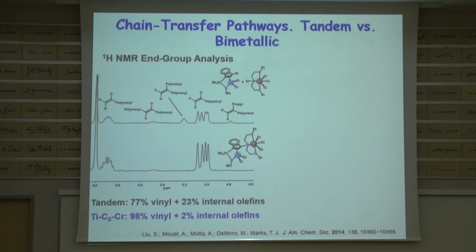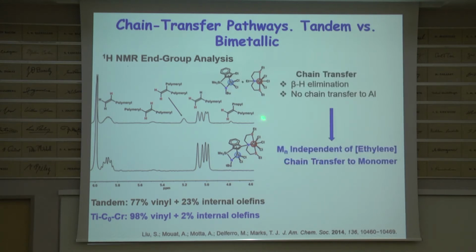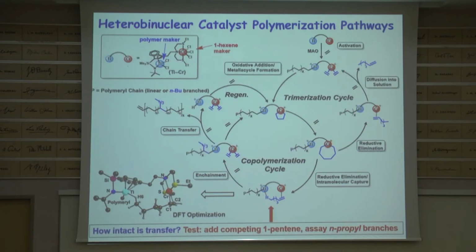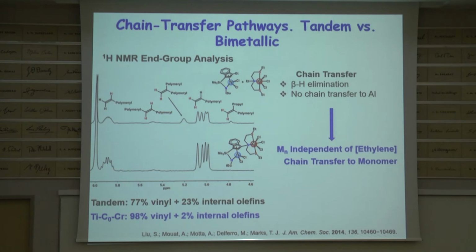This is just to show you, it's an FYI, you might say, well, what do the N groups look like? So for the tandem here, it's a mess. There are all kinds of N groups. On the other hand, for the binuclear, it's very, very clean. And there's one other thing we learned. So the tandem has internal and vinylic olefins. It's not a well-controlled process. Here's the bimetallic, and it's almost all these terminal